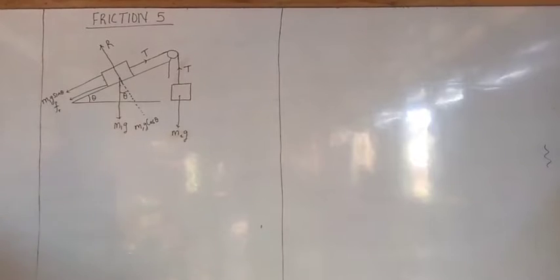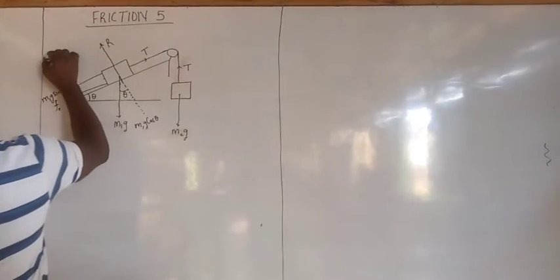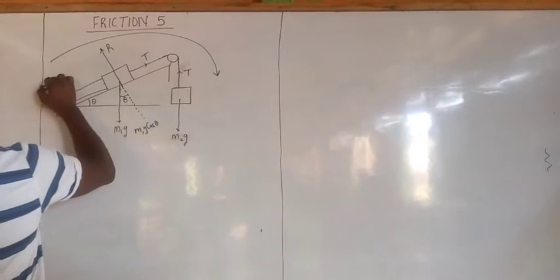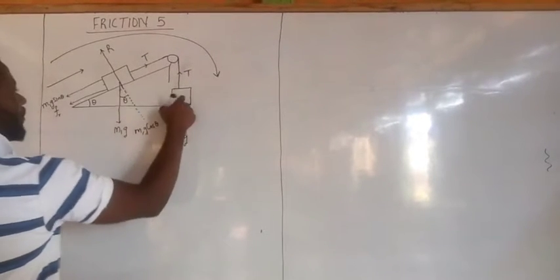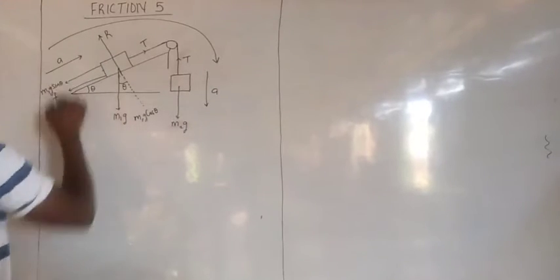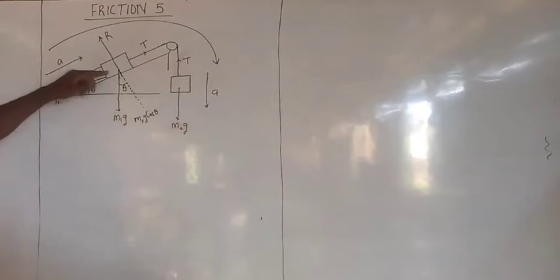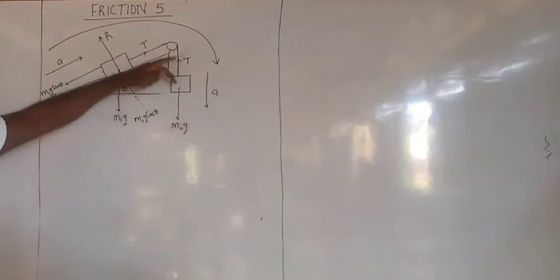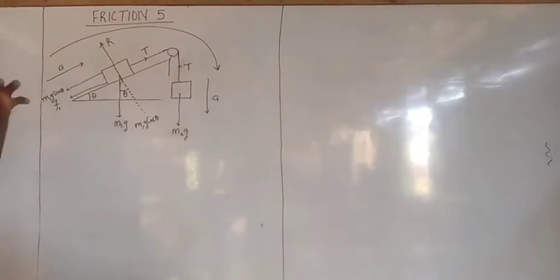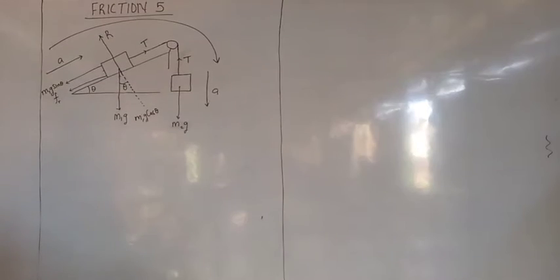Let us assume that the body tends to move this way. So for this body the direction is this, and for this body the direction of acceleration is this. The direction of acceleration of this one is downward, and this is now easy to do. Okay, now